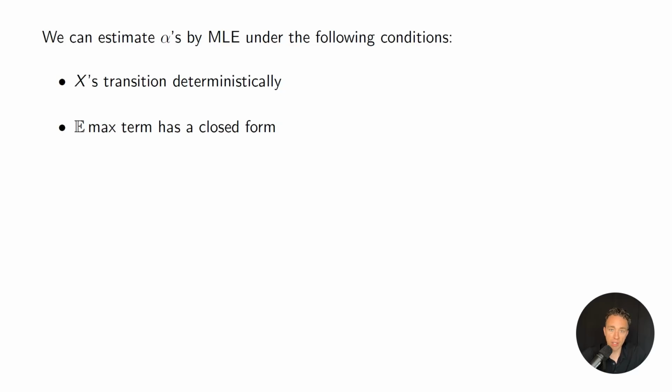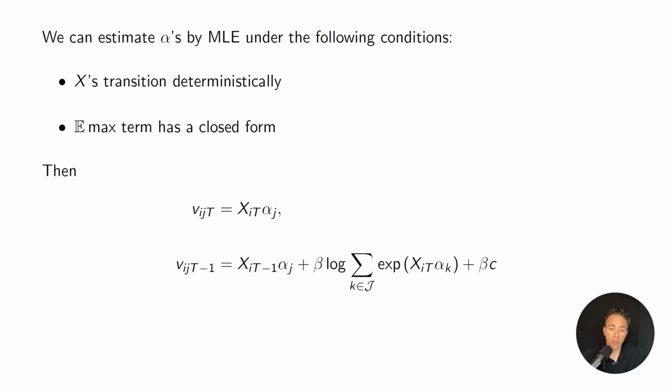And so we want to estimate these alphas using maximum likelihood, like we would with the static logit model. And we indeed can, in this very simple example, if the x's are transitioning deterministically and if the Emax term has a closed form. So under this condition, we can write the conditional value function in period capital T is just going to be x times alpha j,